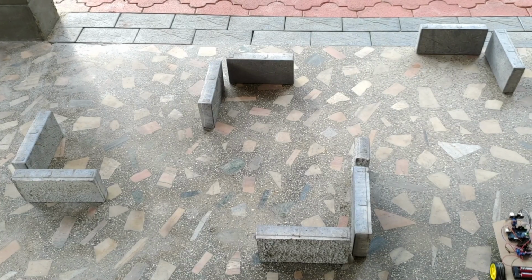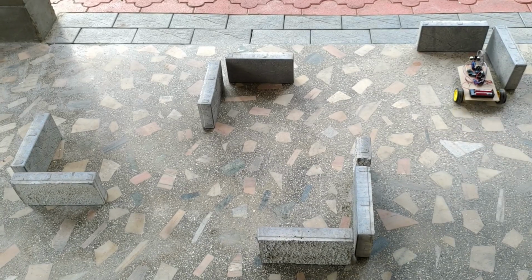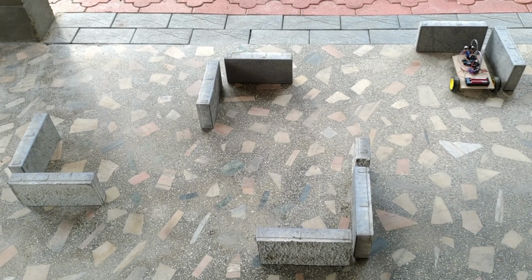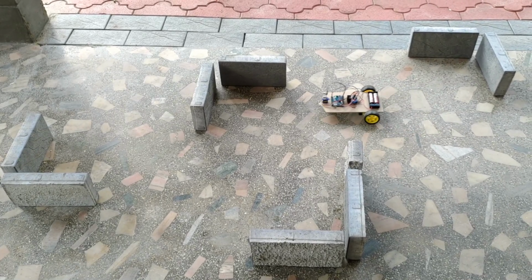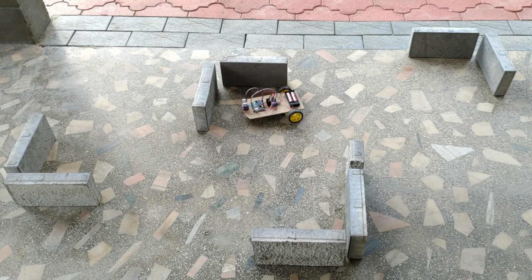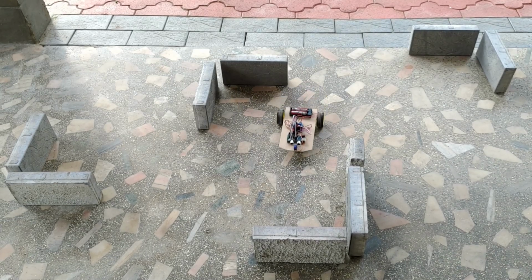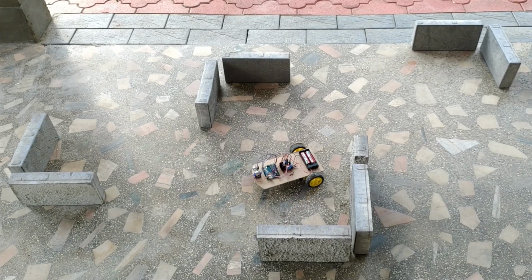Let us now test the working of the obstacle avoiding robot. In this obstacle course that I have made, during the first 2 obstacles, the robot has to go to the left, and in the last 2 obstacles the robot has to go towards the right. You can see that in the obstacle course that I have made, the robot detects the obstacles, turns by itself